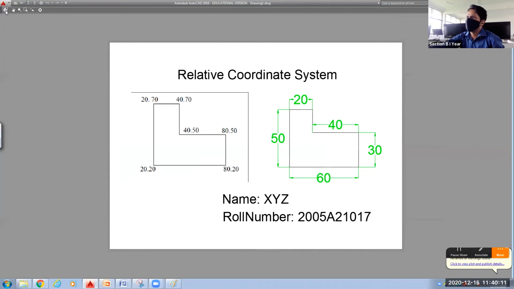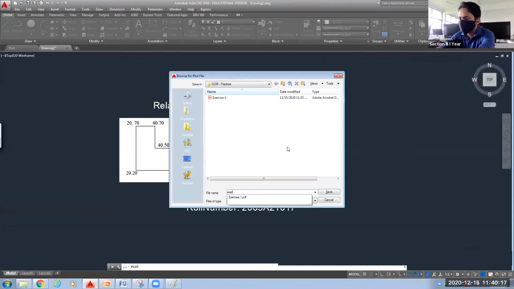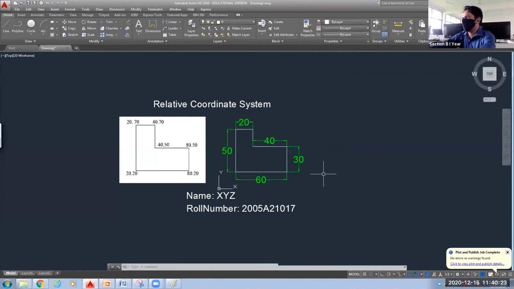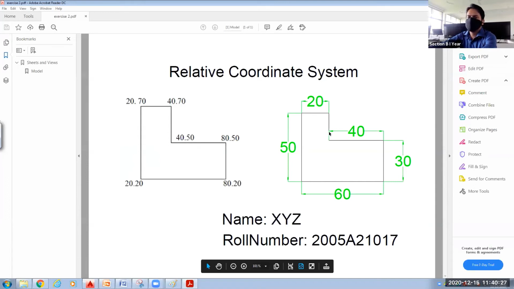This is fine. Then click on plot, exercise 2, save. So this is your second figure, relative coordinate system. Okay.